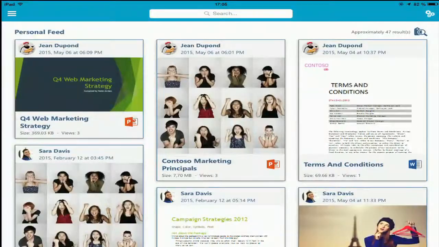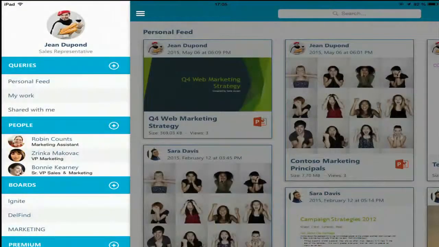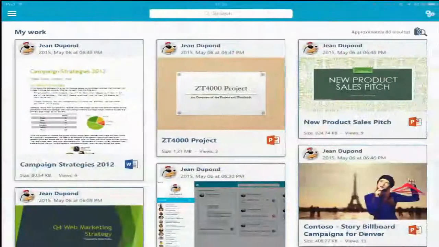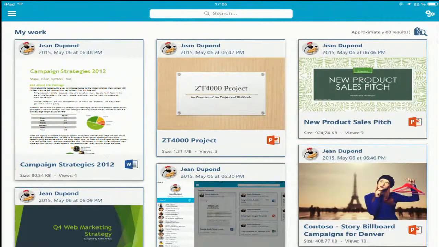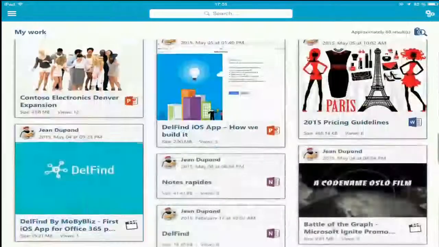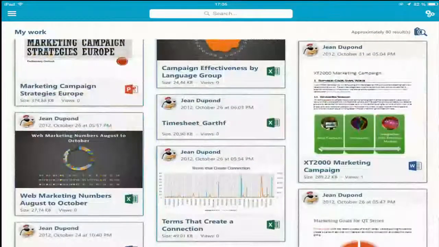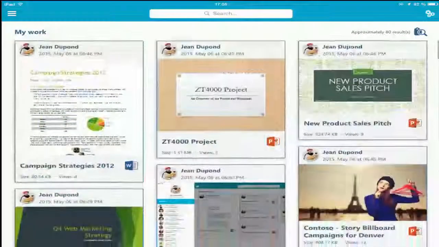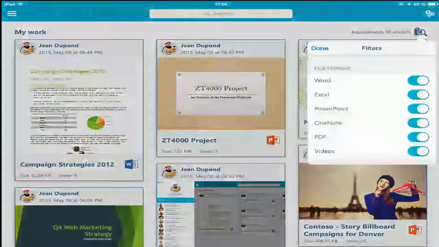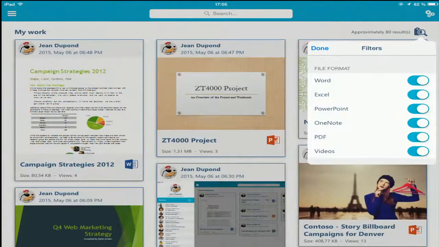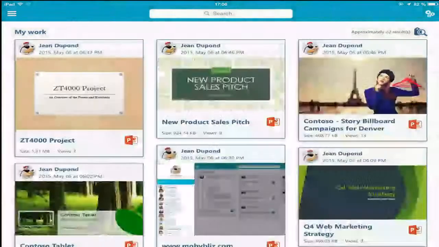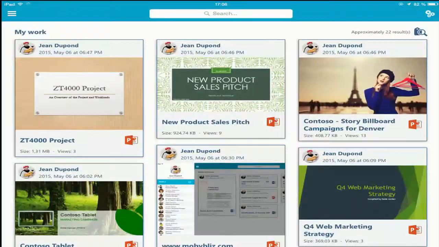Yes, let's go. So I have to find a PowerPoint document that I've worked on. So I go to my work, and here I have a view on all the documents I worked on. The problem is that I have many documents. So you are seeing here the infinite scroll. That's cool. And I remember that it is a PowerPoint, so I can use some filters and just display the PowerPoint files that I've worked on. So here you have a view on all the PowerPoints that I've worked on, and I don't know where they are. It doesn't matter.